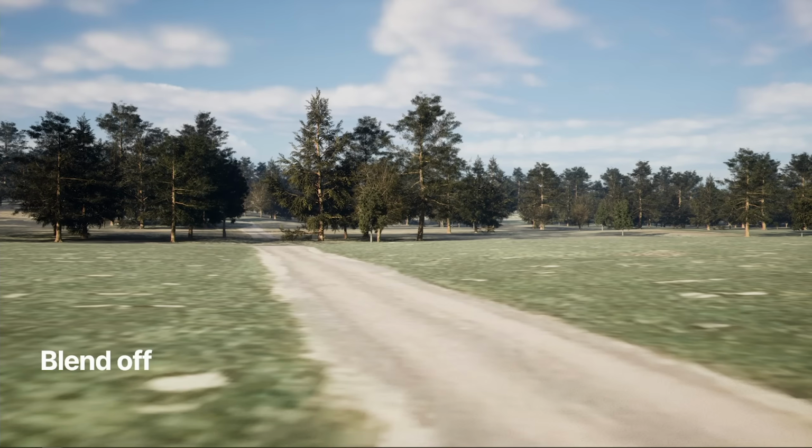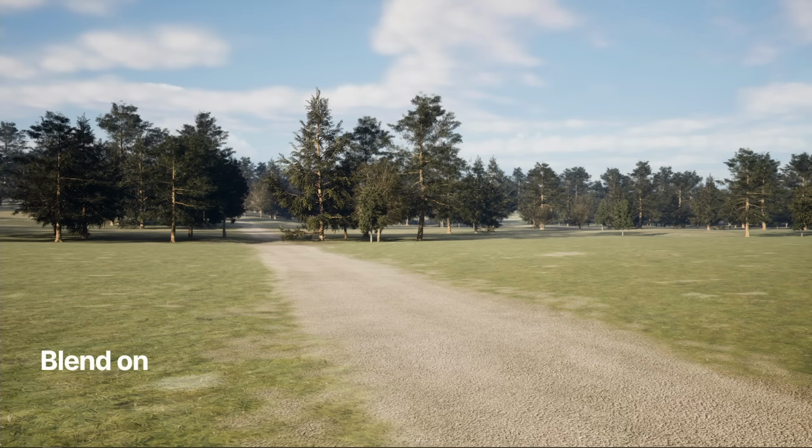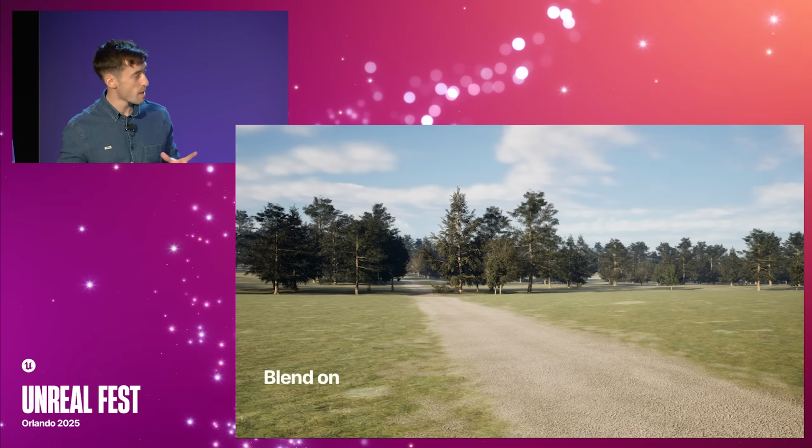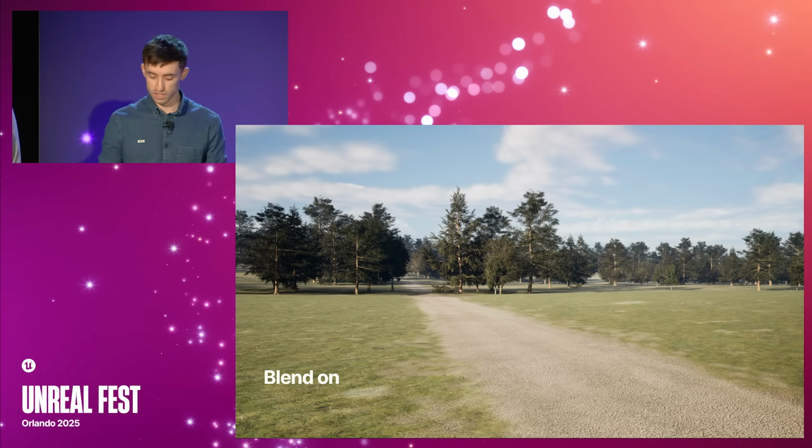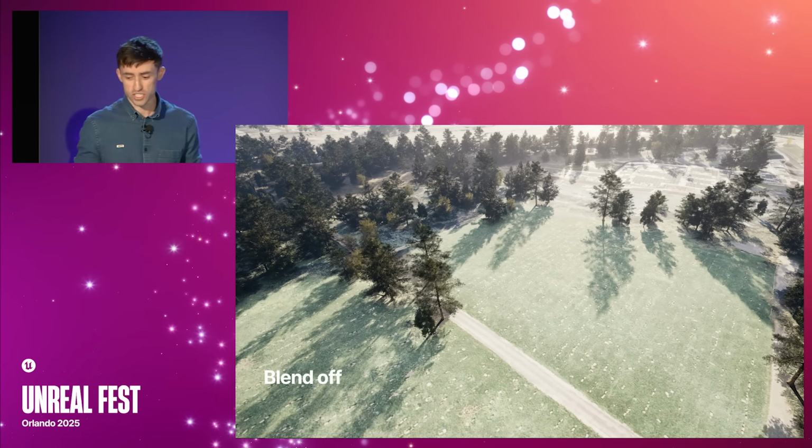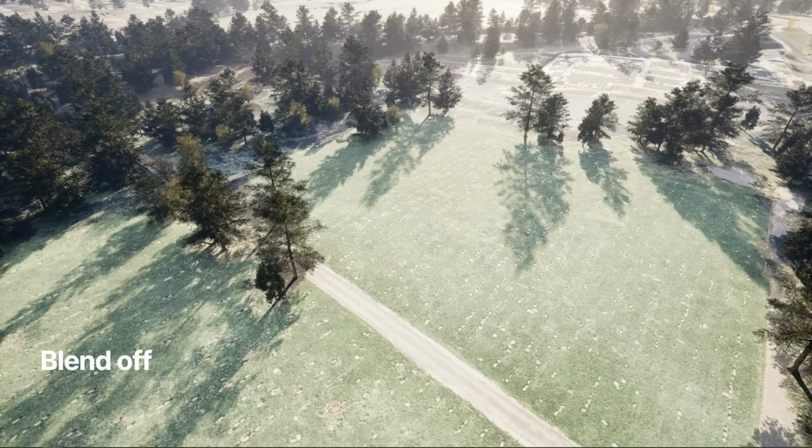So this is with the blend off, and with the blend on, we can still maintain some of the macro detail from the terrain, the aerial map, but we can also get some higher fidelity as well. If you look at the striations in the grass in that field there, that kind of detail we still wanted to preserve. And we used some lerping with some other little techniques just to blend some of the terrain